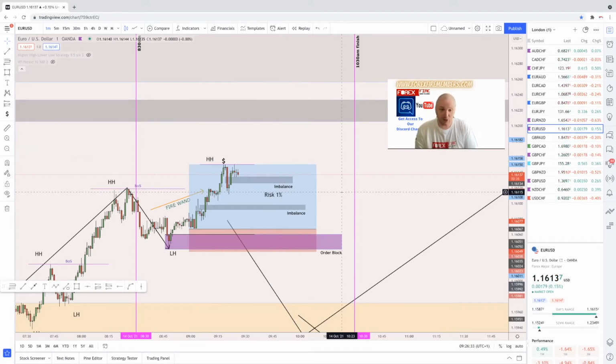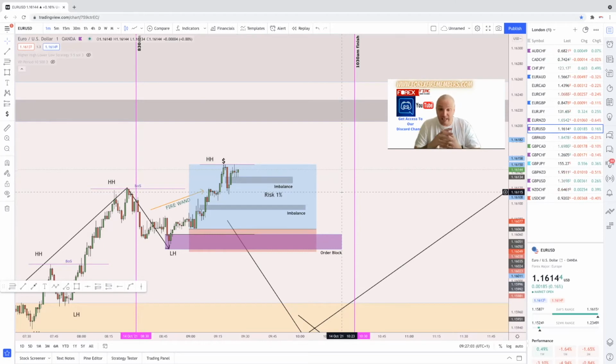Setting your goalposts and doing your chart markups. When it gets to the end of your session, look back on what you've done. Look at the markups that you've created. Look at the areas of POIs, points of interest, as you call them, and understand the price action, okay? Understand the movement, because when you get these big impulse drives, you can see how price reacts on the pair you're watching in the aftermath of an impulse drive.